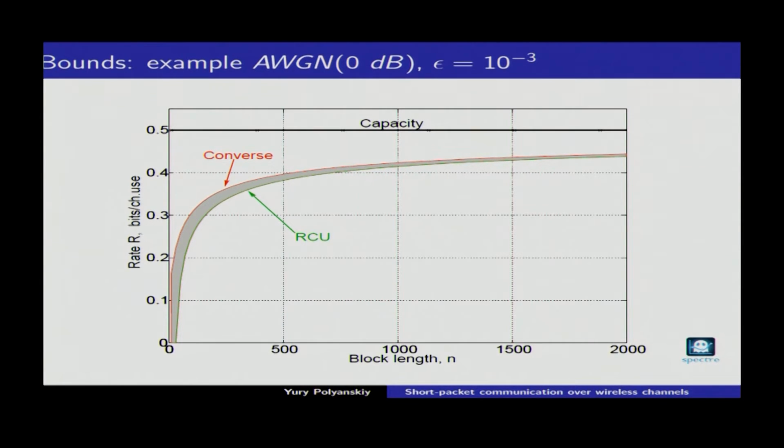Okay, so now the story starts here from this plot. This was obtained by me maybe 8 years ago, and you can see here that as the block length, as the dimensionality of the space, grows, the maximal achievable rate starts to grow, as you expect, and this is what Shannon predicts. This is the capacity. So you know that as block length goes to 10 trillion, you will be able to send half a bit per channel use.